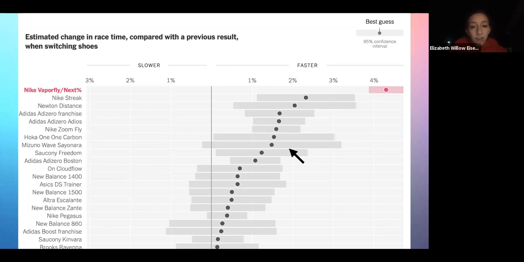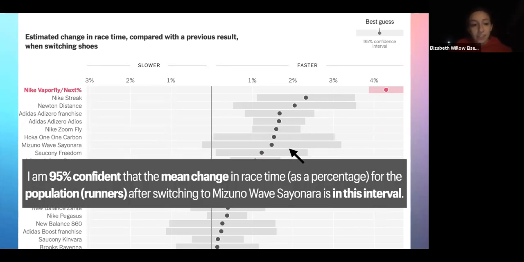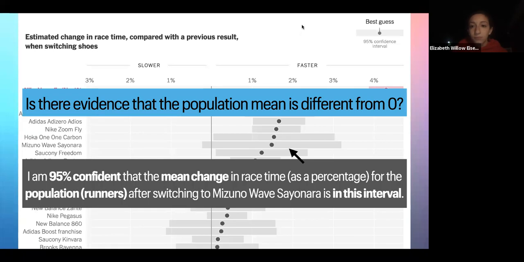And so we could also look at a different shoe. If we looked at the Mizuno Wave Sayonara, we can interpret this confidence interval. I'm 95% confident that the mean change in race time for the population after switching to the Mizuno Wave Sayonara is in this interval. This interval is different. This is a much wider interval. So when we ask that question again, is there evidence that the population mean is different than 0? So is there evidence that on average, when runners make this change, that they will be faster? The answer is